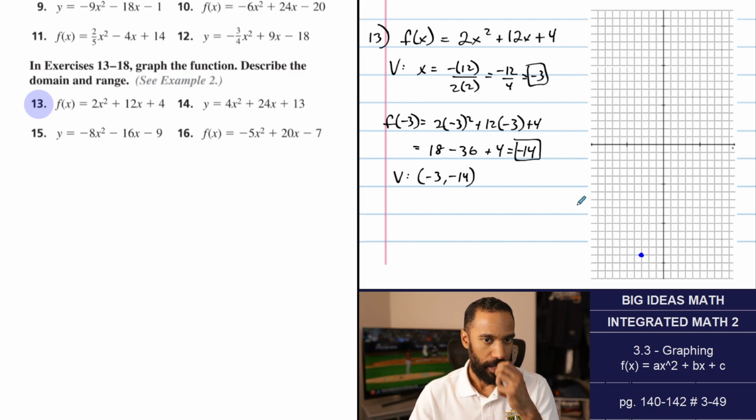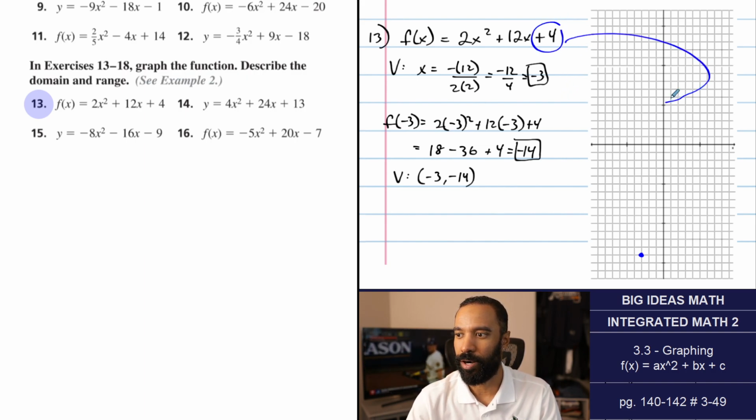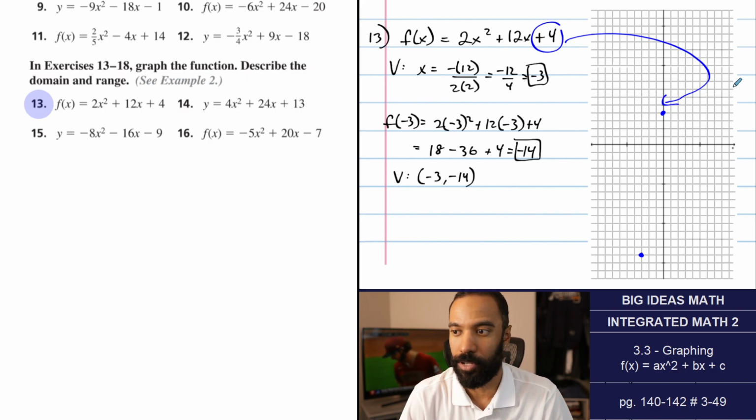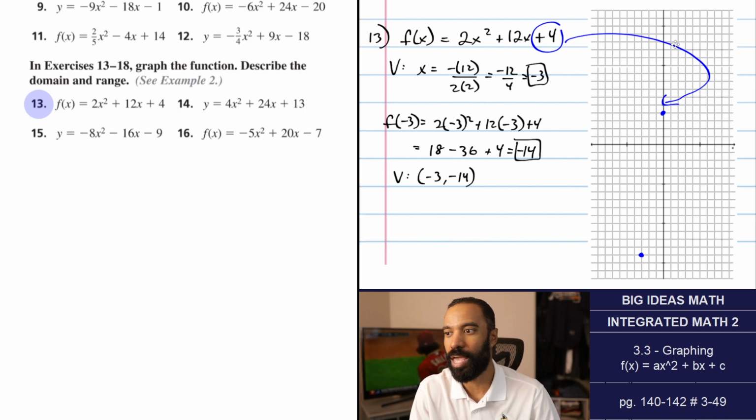That's the bottom. Now, they are going to ask us to graph and describe the domain and range. As far as the graph goes, there's another point on this graph that I can use, and it has to do with the y-intercept. This 4. Right there. 0, 4 is the y-intercept of this guy. That's a point we can use. And furthermore,